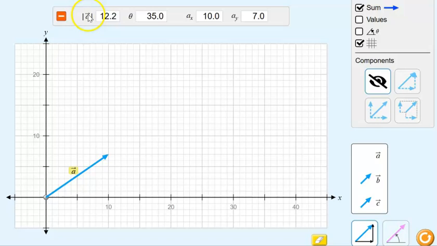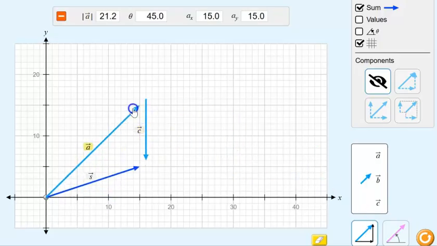In math, you put a little arrow over the variable to represent that it has at least two dimensions. It's going over and up. And if you wanted to, you could do three dimensions and just add one more dimension. Okay, so this is vector A, this is vector C, and then this dark blue vector is the sum